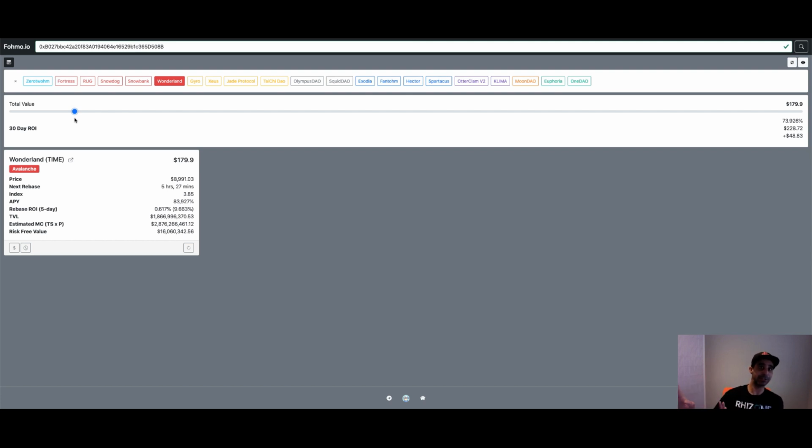So ignoring that for now, this is strictly on what I've staked. After 30 days, that $179 would add up. I would get $48 on that. Obviously this is all dependent on the price and how long the protocol remains and stays, and things like that. But this starts to give you an idea, once we start getting to that 319 days,